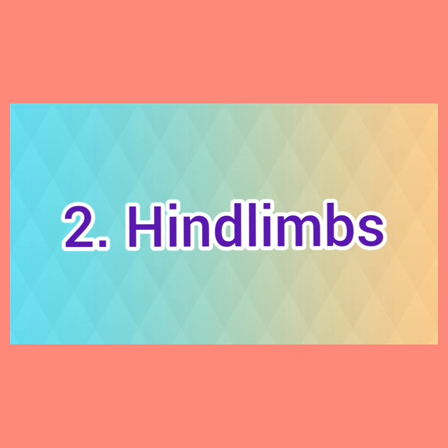Now the second one is hind limbs. Hind limbs are our legs. Each leg consists of two parts, the upper leg and the lower leg. They are joined together at the knee. The upper leg is the thigh. It has the longest bone in our body. It's called the femur. The lower leg has two bones. The lower part of the spine is joined to the femur by the hip girdle. Each of our feet has many small bones. Dear students, look at this video.